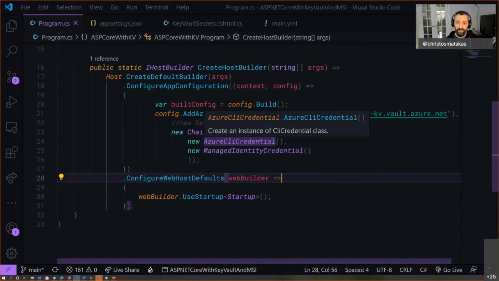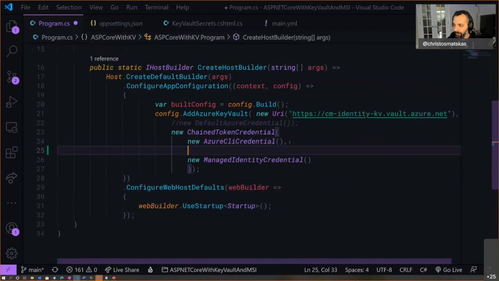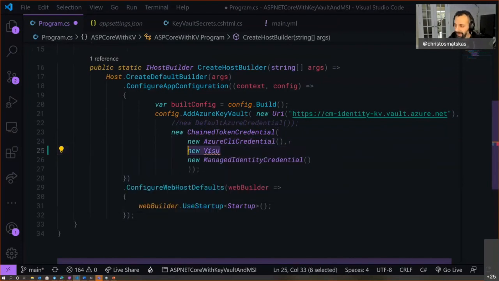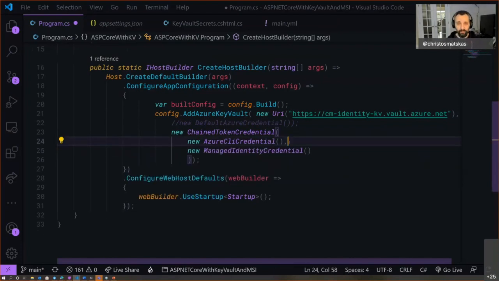As I said, managed identity does not exist on my local machine. But I will mention that, there's a nice caveat there. I could also be doing something like new Visual Studio credential, Visual Studio Code credentials. So if I'm running inside Visual Studio, I can also use those. I don't have to use the CLI. And the caveat here is that as long as I have signed into my CLI and I have a valid token somewhere in my cache, then it will use that one to run the application. So that's the first bit. This one is going to bootstrap my application and populate the key there.